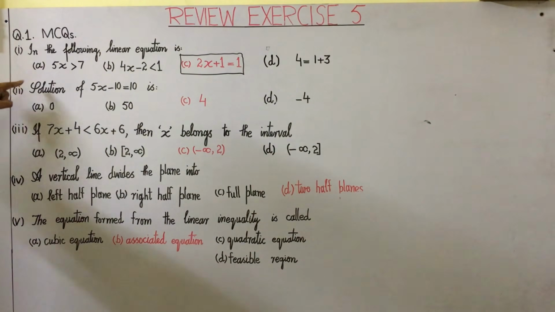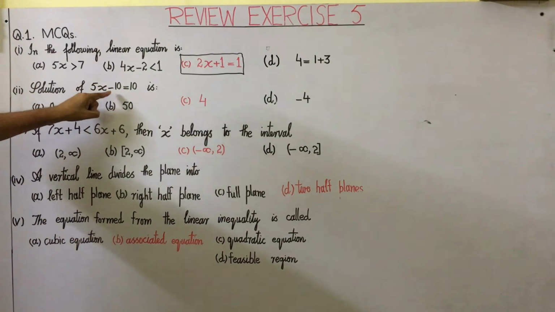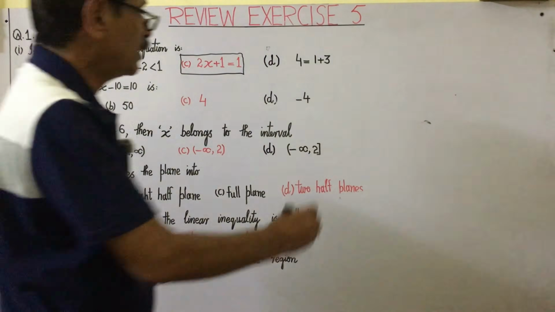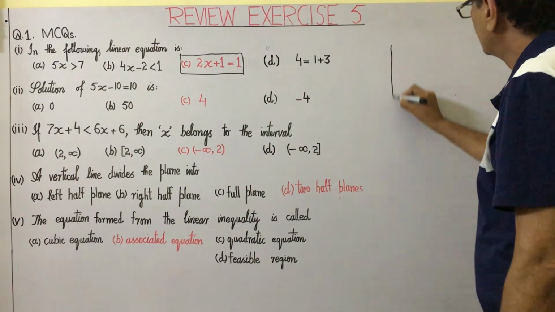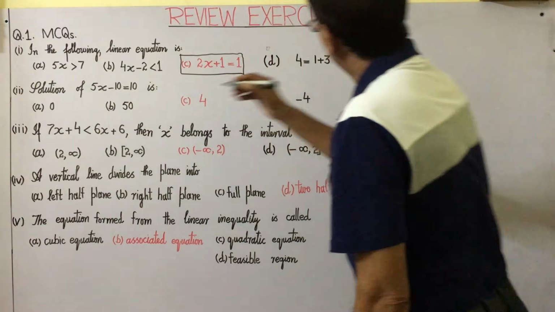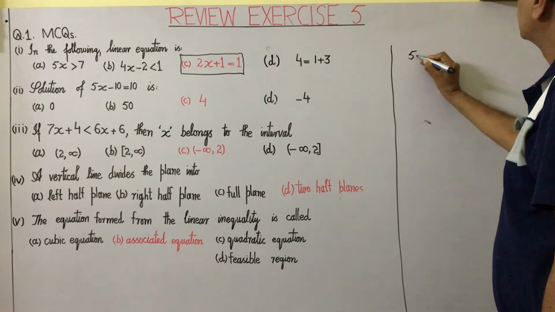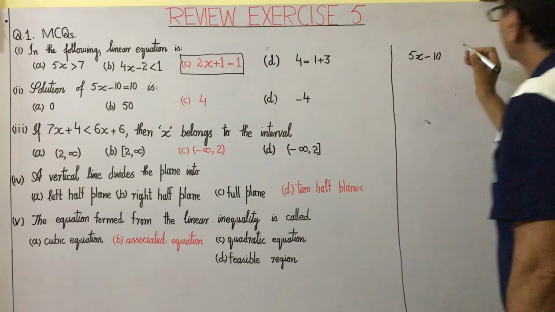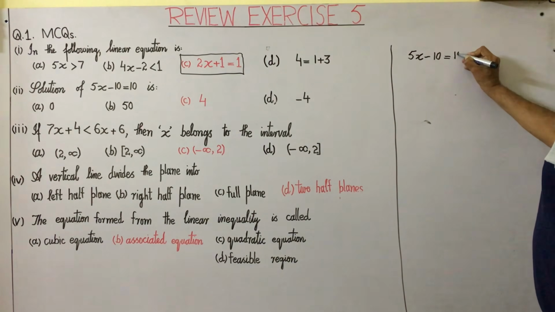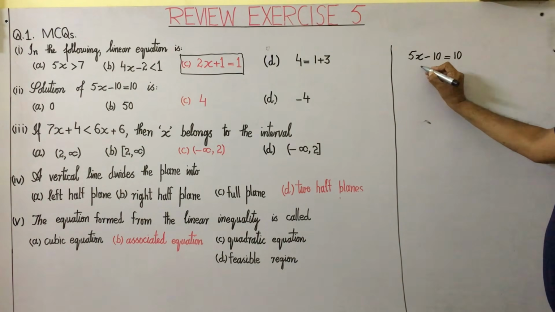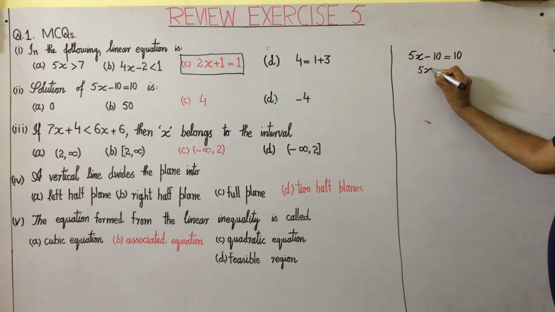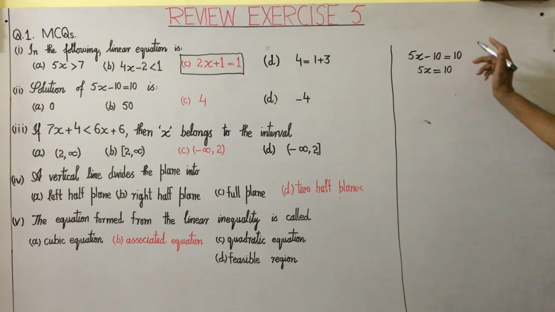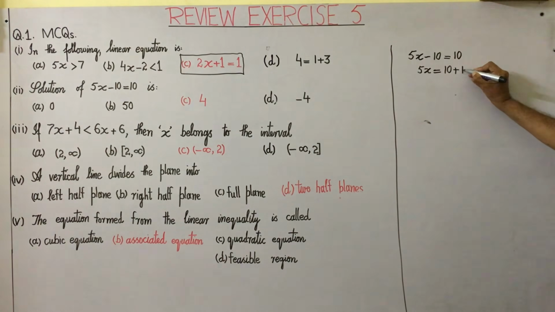Second MCQ, solution of 5x minus 10 is equal to 10 is. Given is a linear equation, 5x minus 10 is equal to 10. Let us find its solution. It is a linear equation, so variable on the left hand side and constants on the right hand side. Transpose 10 to the right hand side,